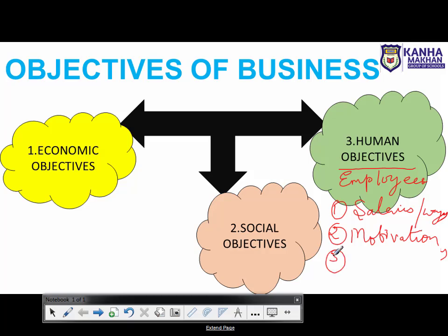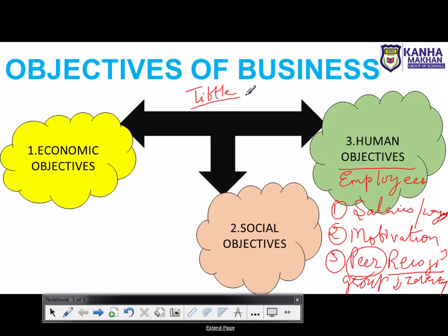Third, I can go for peer recognition as well. Peer basically means your group, and recognition means to identify. ठीक है, तो ग्रुप में आप कैसे एक दूसरे को आइडेंटिफाई कर सकते हो? Yes, tell me. How can you identify a particular individual in the group? आप ग्रुप में किसी को कैसे आइडेंटिफाई करते हो? It's simple. I'm assigning titles. किसी को अगर हम एक टाइटल असाइन करते हैं, तो उससे क्या होगा? If I am not able to identify that individual, but by title I can easily identify that particular individual.